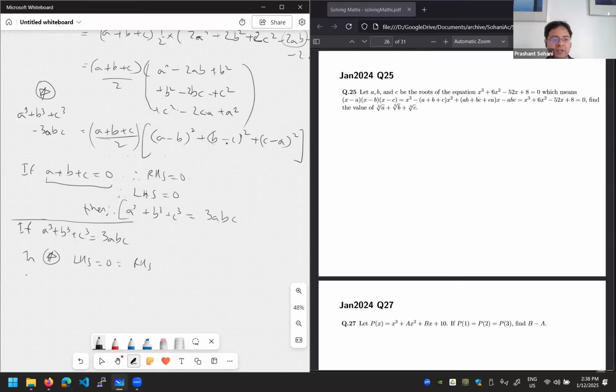So then two cases. Case 1, maybe the first bracket is 0, so a plus b plus c is equal to 0. This can also happen. If a plus b plus c is 0, then it is case 1. But if, let us say, we know a plus b plus c is not 0, then the second bracket has to be 0, because the product is 0. So if the second bracket is 0,